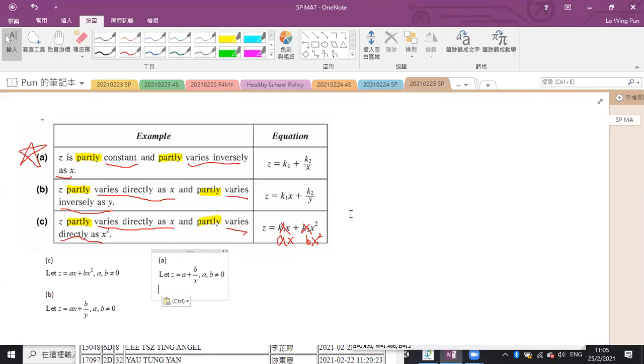We have 2 unknowns, unknown A, unknown B. So we need to use simultaneous equations to solve for the unknowns A and B. Okay? We need equation 1, equation 2 to solve for the unknowns A and B. Okay, and then we need 2 informations from the question to set up 2 equations to solve for the unknowns